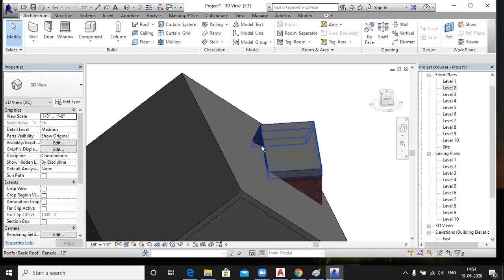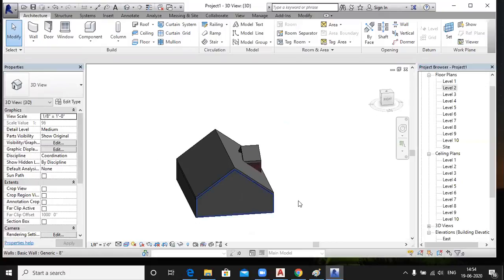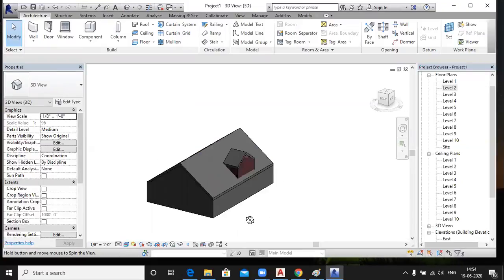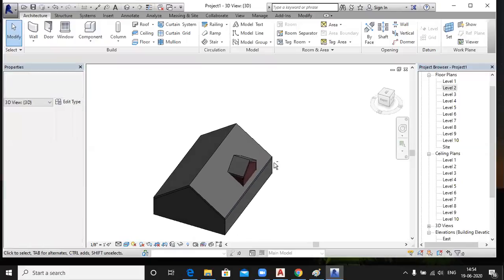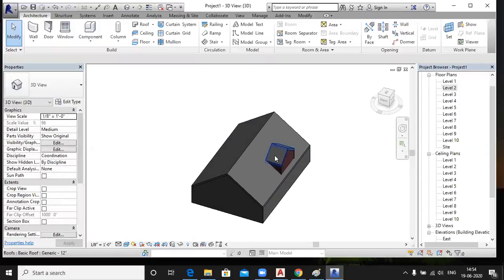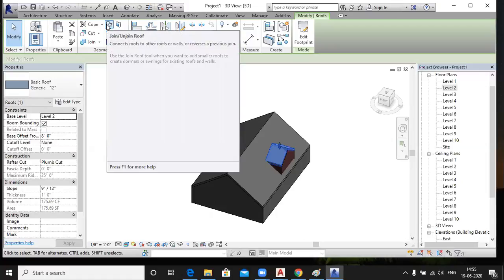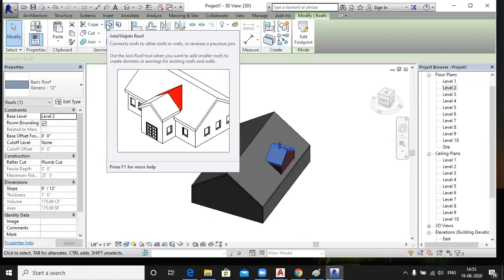Now I am going to attach this roof to this roof. Yes, you attach it. Yesterday I told you. Yes, sir. So which command is activating? This one. Just select this roof and activate the join roof command, right?